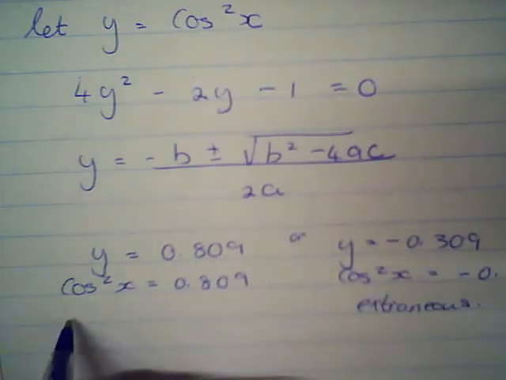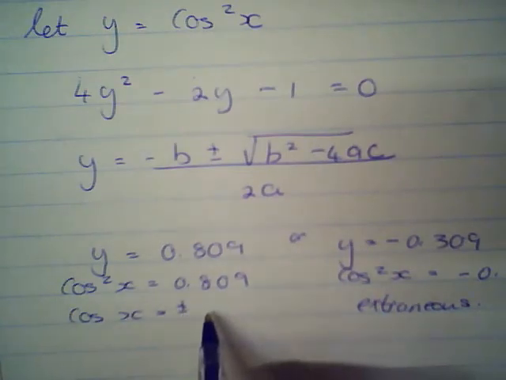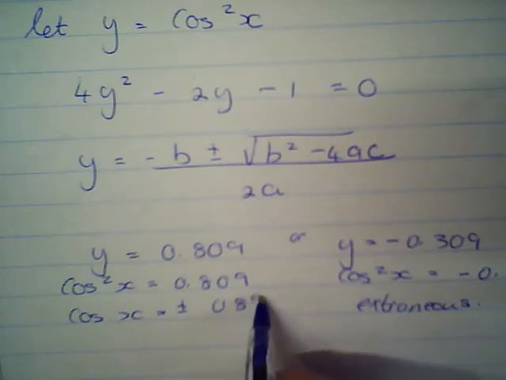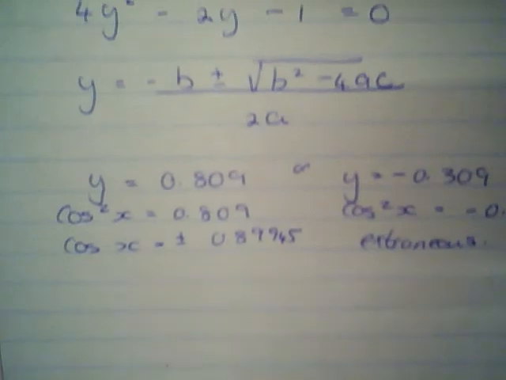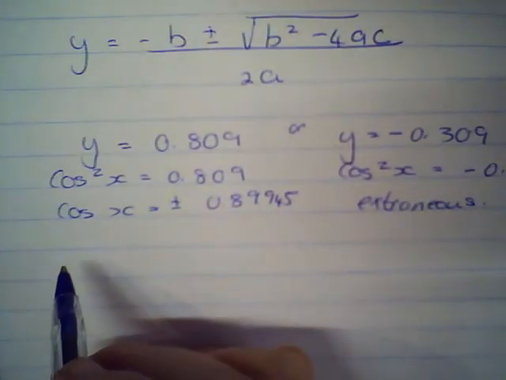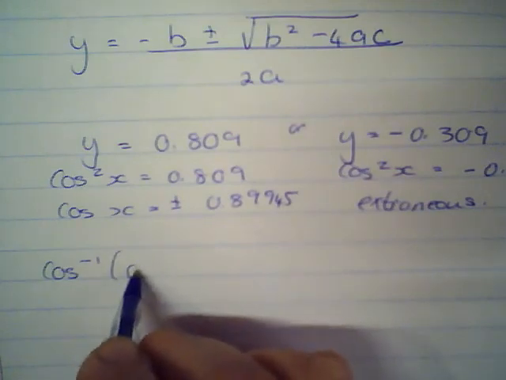That would give me cosine x, if I take the square root, plus or minus 0.89945. Just put in a few more decimal values there. Take the inverse, so cosine inverse of